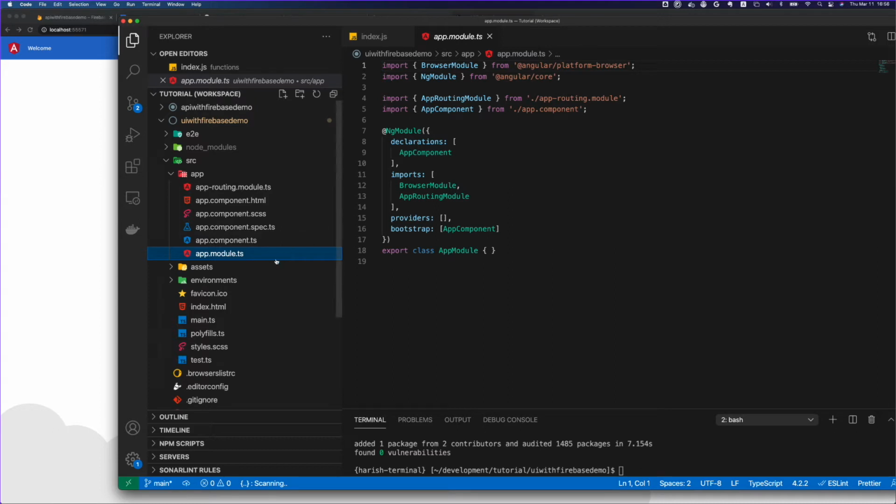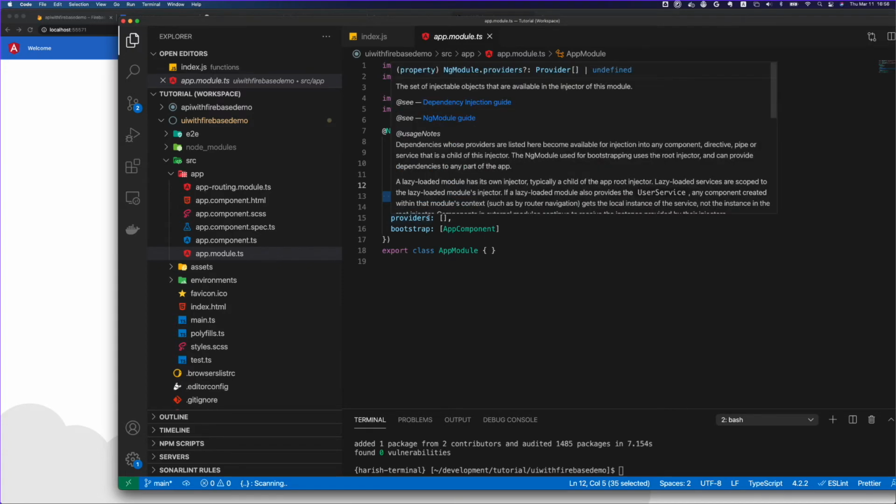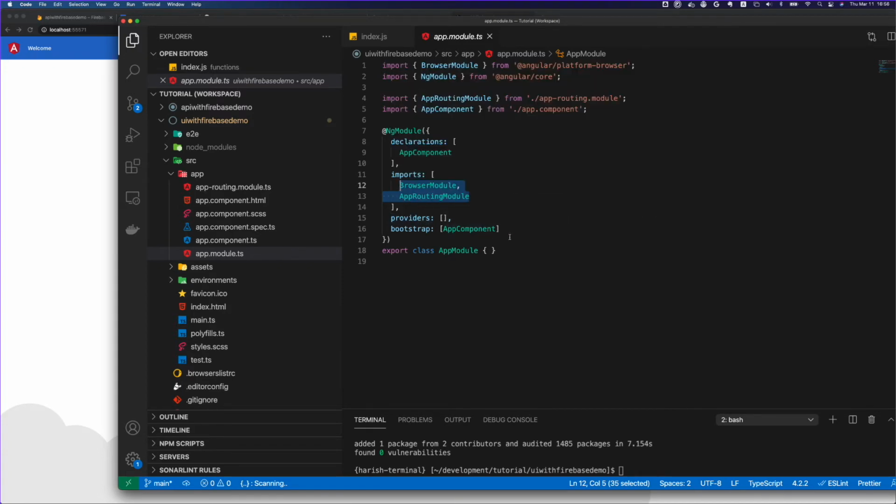where all these definitions or declarations are done. So this app.module.ts has the declaration for this component, the app component, and it's also importing some components which you want to import in your module. It can also have some providers, like security or some kind of providers which you want to use, and then it's bootstrapping everything with the app component.